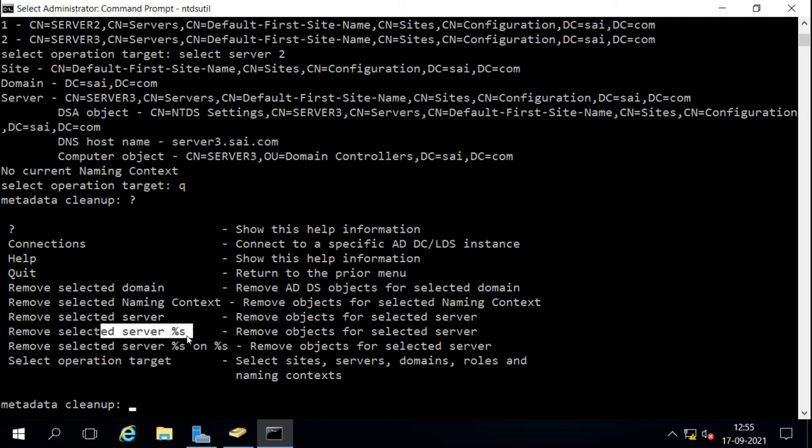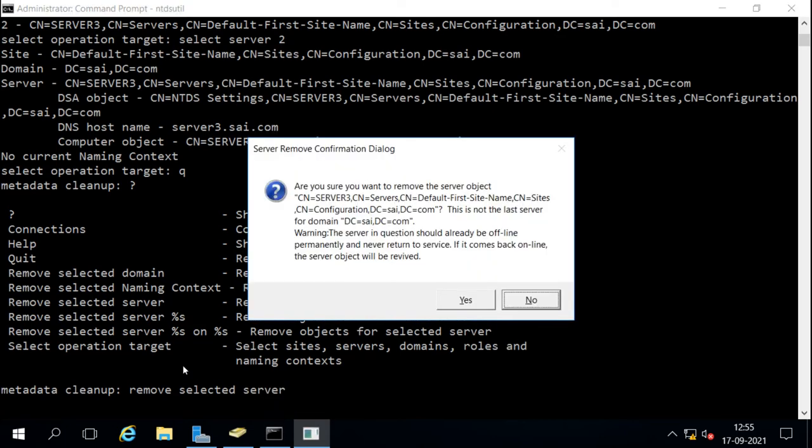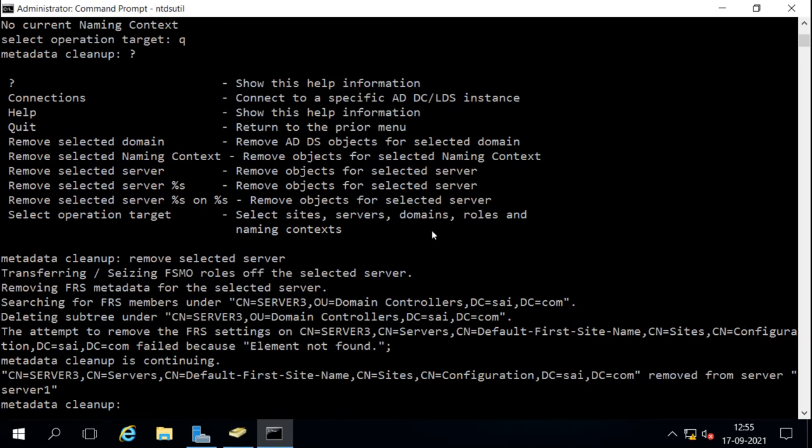I just want to remove it, so I will say remove selected server. Now when I press enter, it asks: are you sure you want to remove this server object, which is server 3? So I will say yes, and now it has been cleaned.